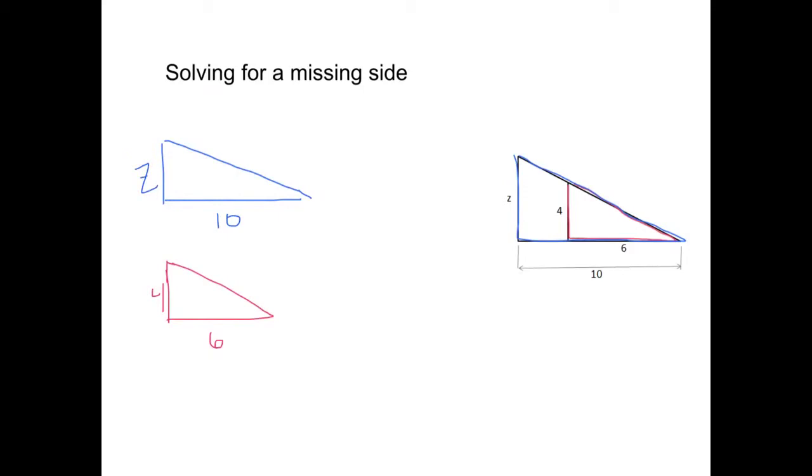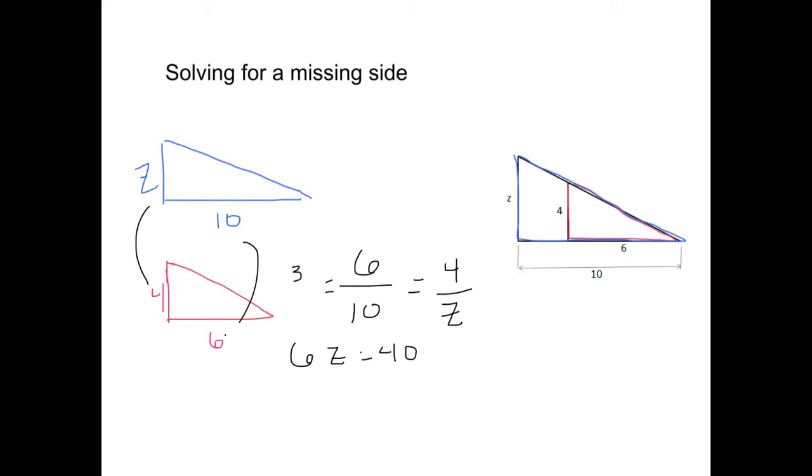And so I'm going to be solving for the missing side. So I want to set up the proportions so that corresponding sides are together. So I'm going to do 6 over 10 is equal to, so I want 6 to 10, 4 is going over Z. And I can solve this by cross multiplying, which would give us 6Z is equal to 40. Or I can figure out, alright, this reduces down to 3/5. And so the scale factor here isn't very helpful because I'd be multiplying by